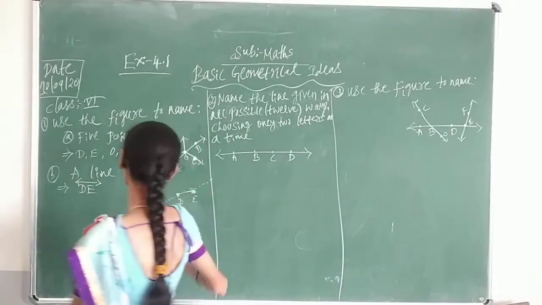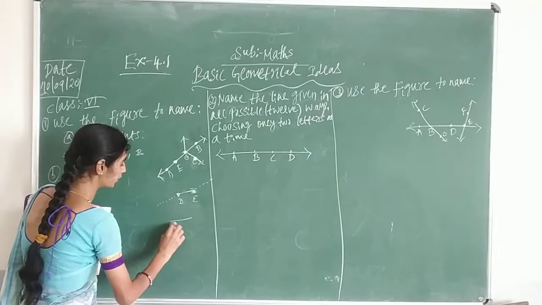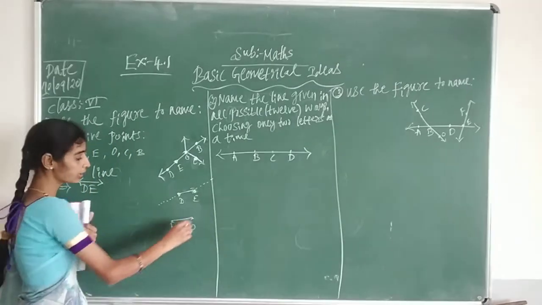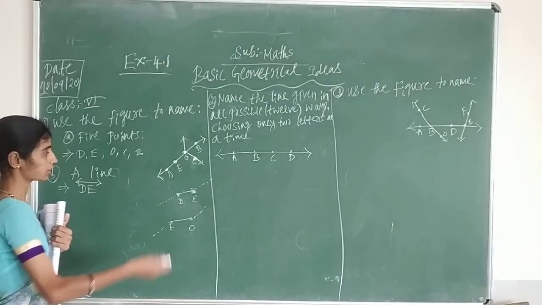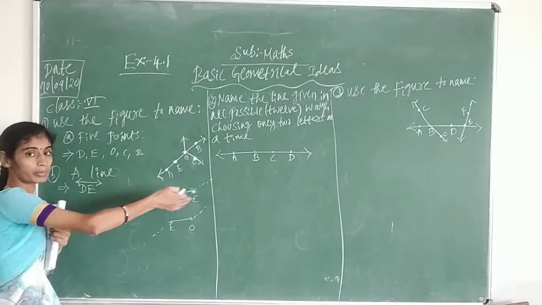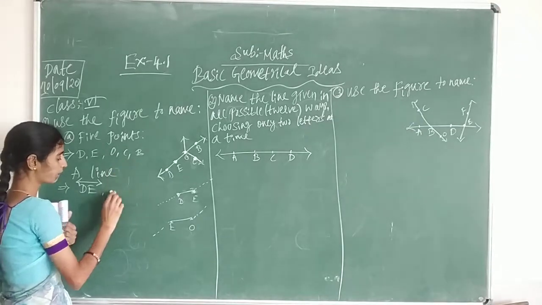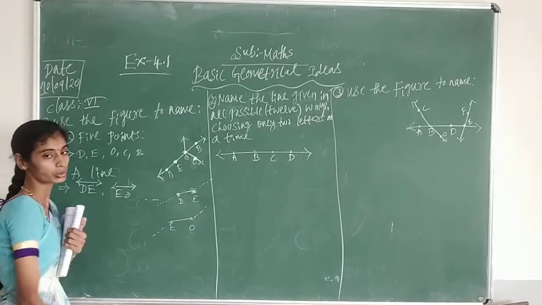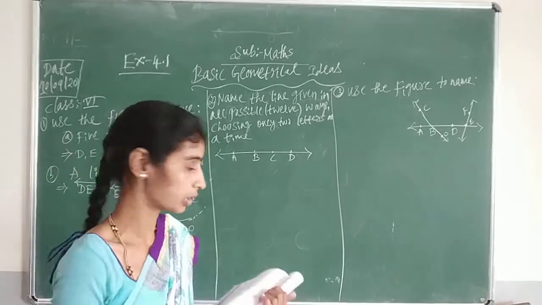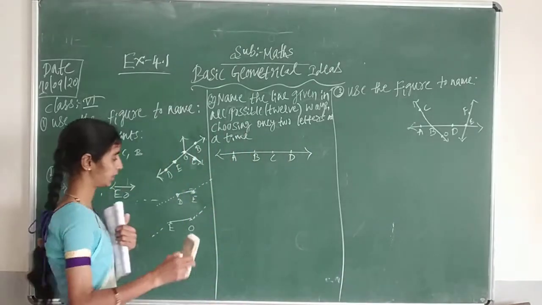Okay. Next you can take EO as one line. Why, children? Because you can take these 2 points and assume that here O is going to extend, and here E is going to extend. So you can have so many lines in this. I am going to write only one output. So EO is again a line. You will get so many lines, and there is no need to write all. But you have to understand the concept of how to identify the lines.